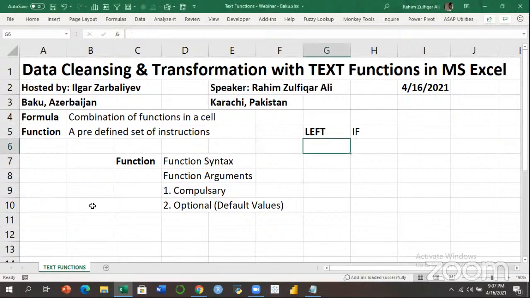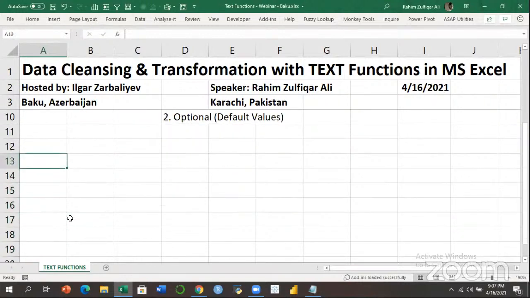So let's proceed. Now we will be discussing around 15 text functions in this webinar. The difference between writing text functions in Excel as compared to Power Pivot, where we use DAX, data analysis expressions, is that data analysis expressions understands structured references. For example, the text functions which you apply in your normal spreadsheets are almost the same. Their arguments and their syntaxes are almost the same in Power Pivot DAX, but the difference would be that in